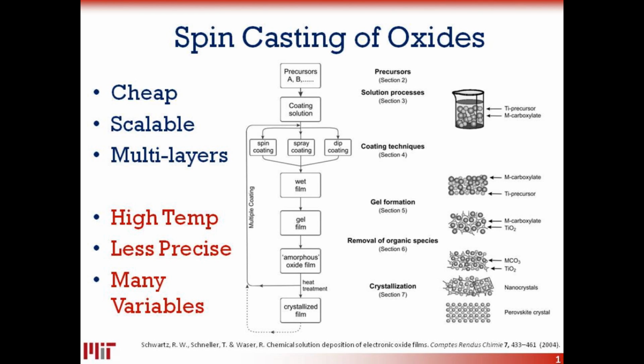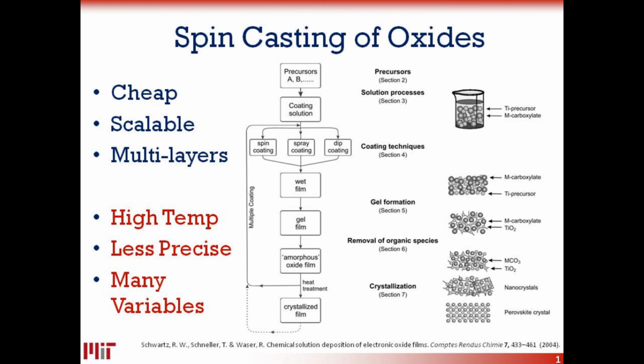I'd like to talk to you a bit today about spin casting of oxide materials. So this is a thin film deposition method, a chemical solution deposition method as well. I'll take you quickly through the process following the flow chart in the middle of the slide. So you start with some metal organic precursors, which you create a solution with usually an organic solvent,